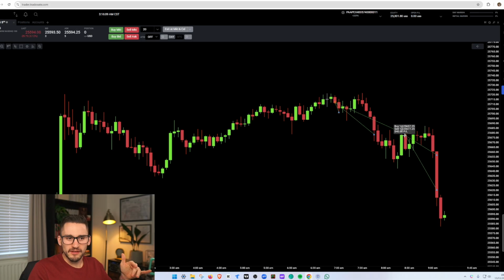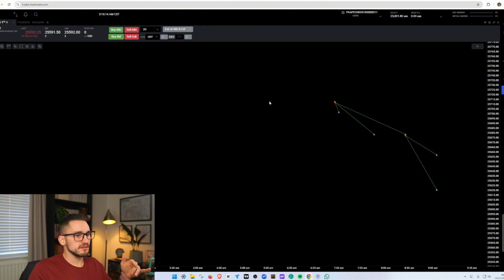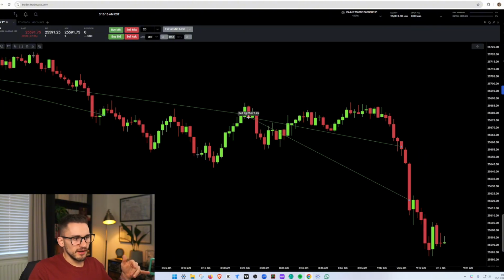Don't know if you can probably see that down there, but I entered with 2 micros down there. If we go to a 1 minute time frame, we might be able to see this here. So I sold 2 there and then took 1 off down here at 77s, and then another one down here at 620s, which is what I was aiming for.